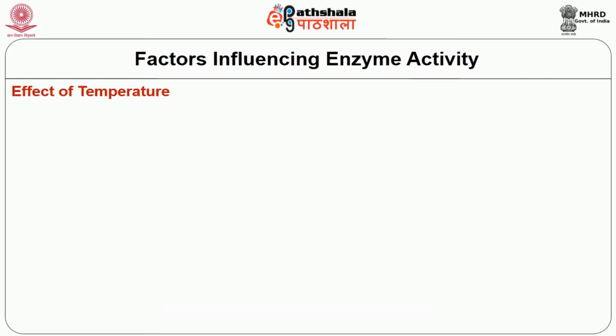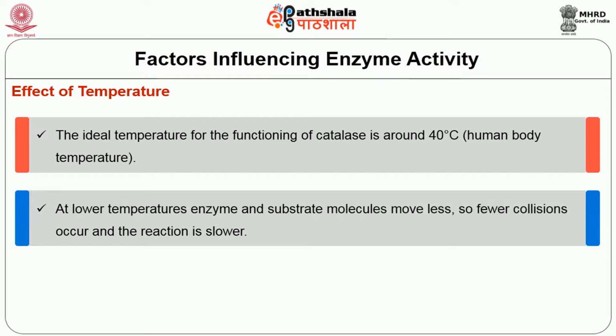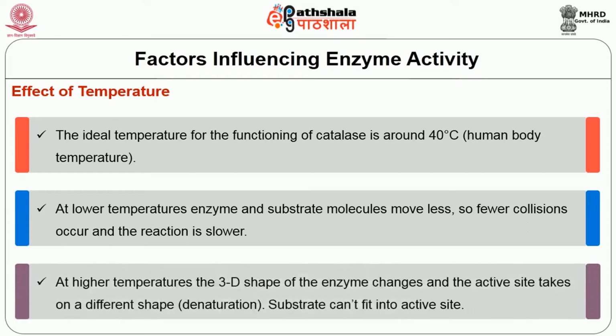Now let us look at the effect of temperature. The ideal temperature for the functioning of catalase is around 40 degrees, close to the human body temperature. At lower temperature, enzymes and substrate molecules move very little, so fewer collisions can occur, and the reaction tends to be much slower. And at higher temperature other than the optimum temperature, the 3D shape of the enzyme changes and the active site generally takes on a different shape, which we commonly call denaturation, and the substrate cannot fit into the active